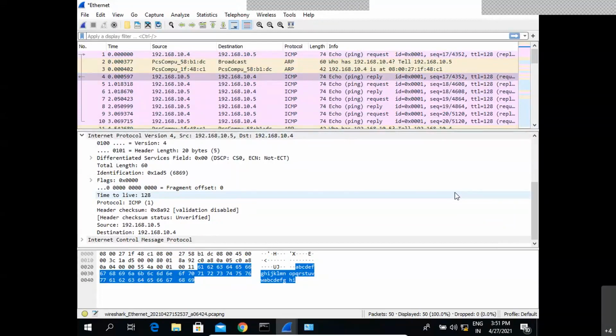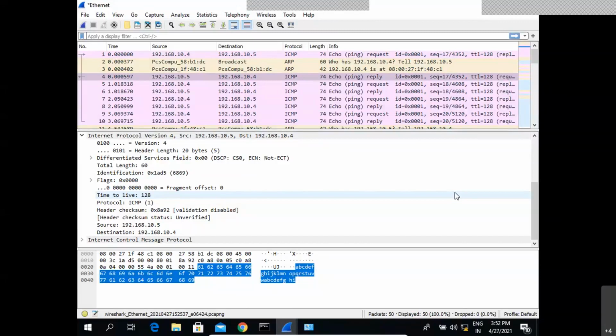And the next one is the header length number. Generally, this header length will be calculated based on the number. If it is 5, as we can see in the bracket, we have to multiply this 5 with 4 bytes, which is 20 bytes. So the header length of IP is 20 bytes in this scenario. And there are also certain parameters in the IP header used for prioritizing the communication, which is part of the differentiated services field.